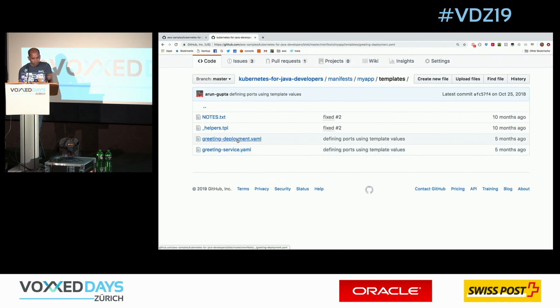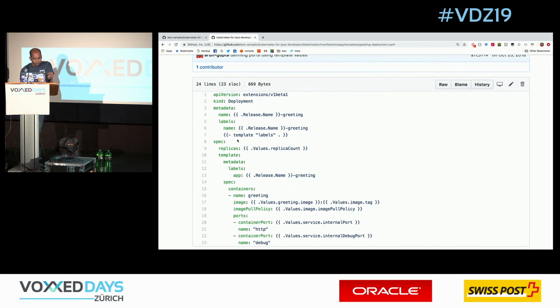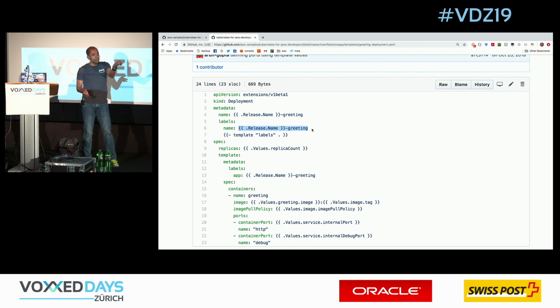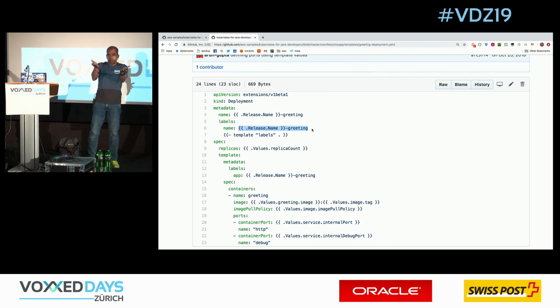If I go back here, voila, here we have release name -greeting attached to the pod. That means when the 5 replicas of the pod come up, the service comes up and says, yep, you've got all these labels, you're part of my service. From a user perspective, now you can attach to the service, and the service will do L4 load balancing for you across those pods very easily.